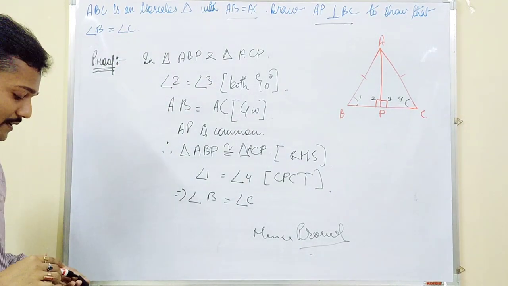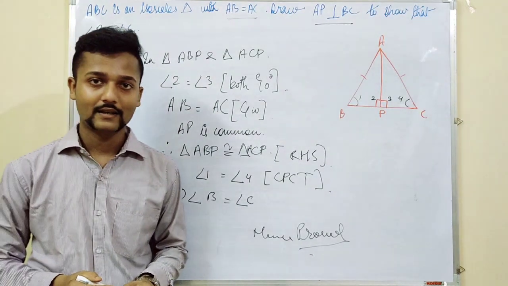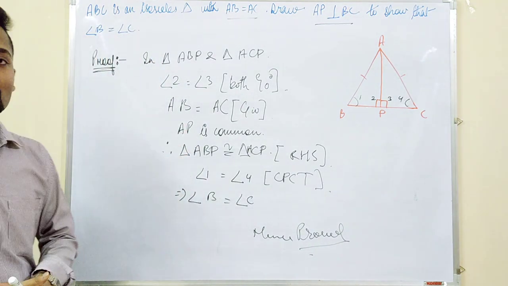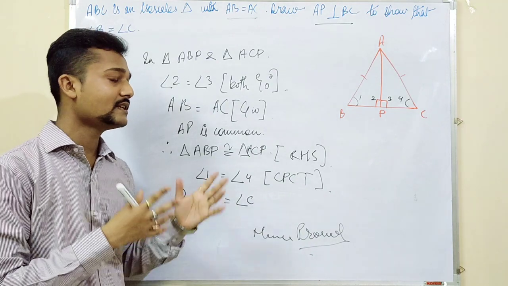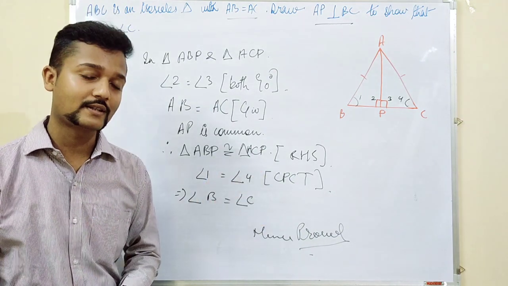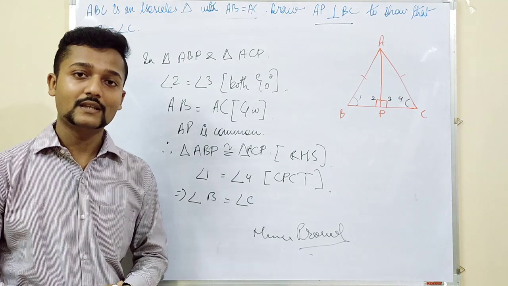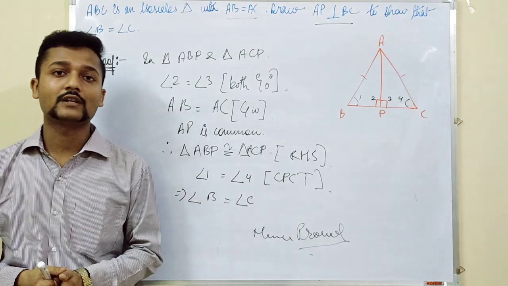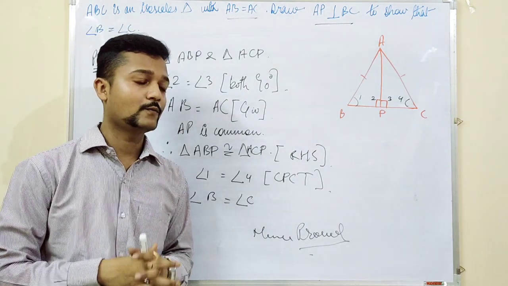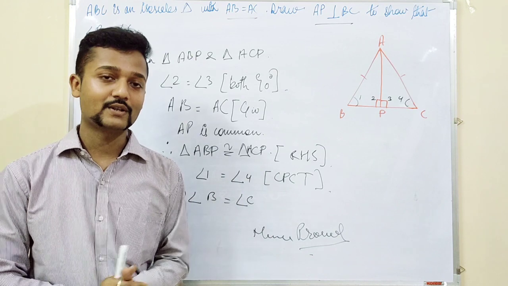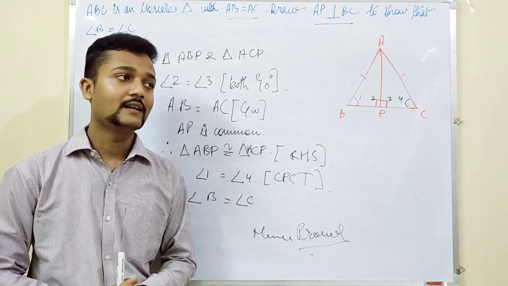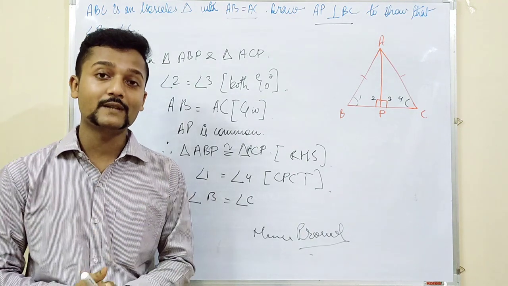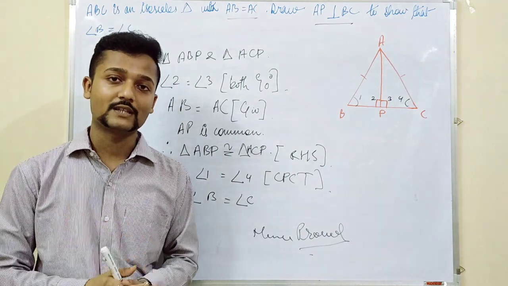So this question was also very easy. As far as my knowledge is concerned, the question is not that difficult for you all. The thing is that if you have understood the whole concept, then everything will seem easier to you. So if you have any doubt, you can repeatedly see the video and get your doubt clarified. And with this we come to the end of the whole chapter, that is chapter 7, triangles. If I get enough time, I will be doing some more extra questions and they will be kept in my playlist. You can check my playlist and you can get updated.